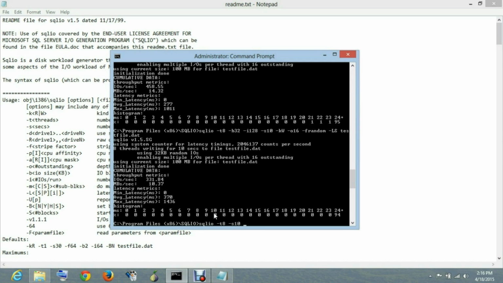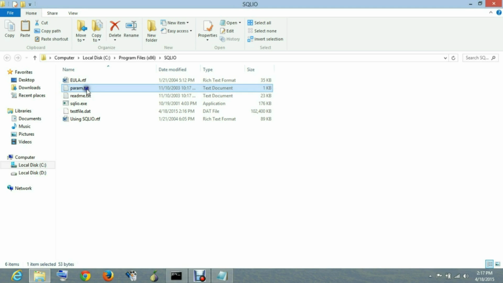I'll tell you how to use a parameter file in this case. We have a fparam.txt file in the folder itself, which we will be running as administrator because the normal user does not have the access to modify it.